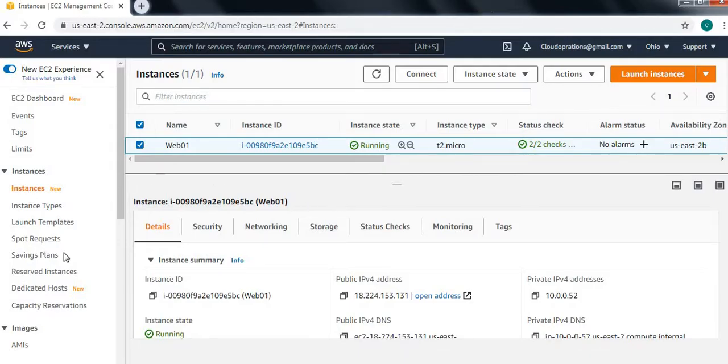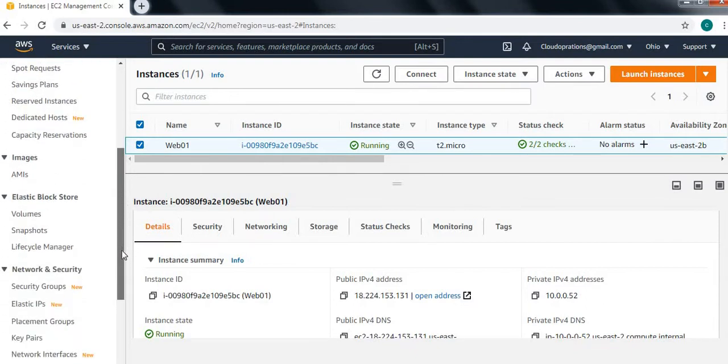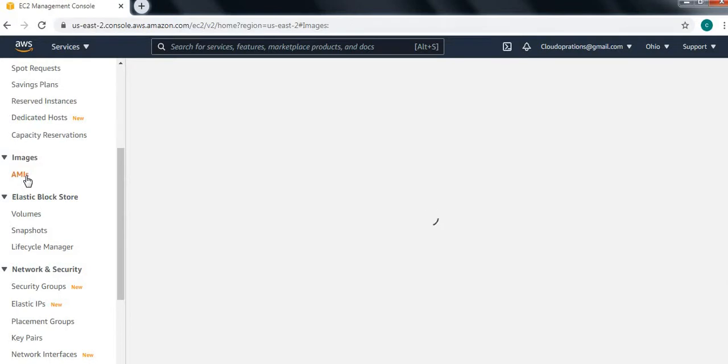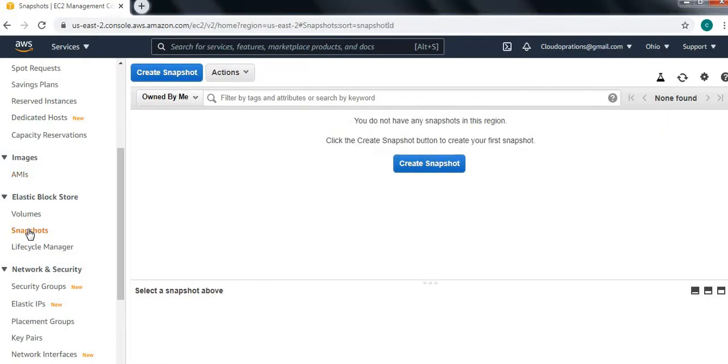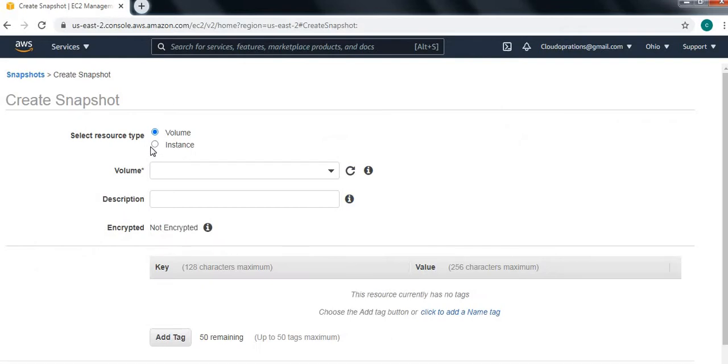On this same page, scroll down on the left-hand side, you can see the AMI option, as well as the snapshot option below. What you need to do, guys, is go to the snapshot option, click here, go to create snapshot, and select the instance.